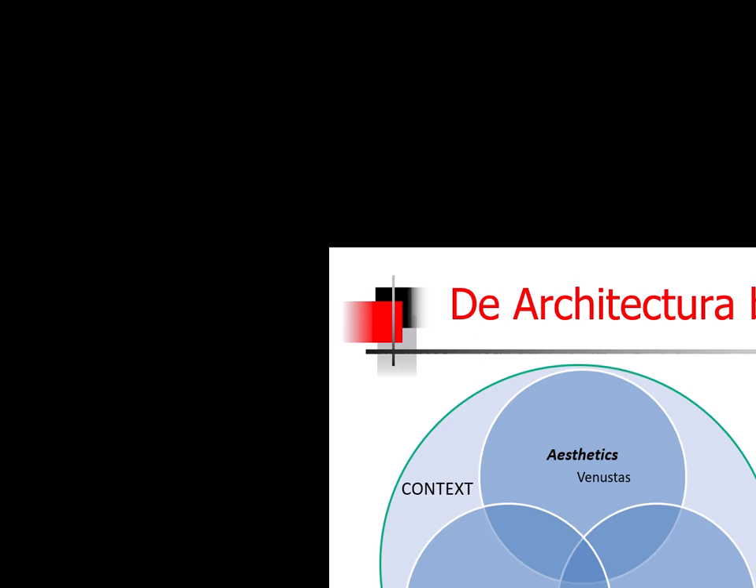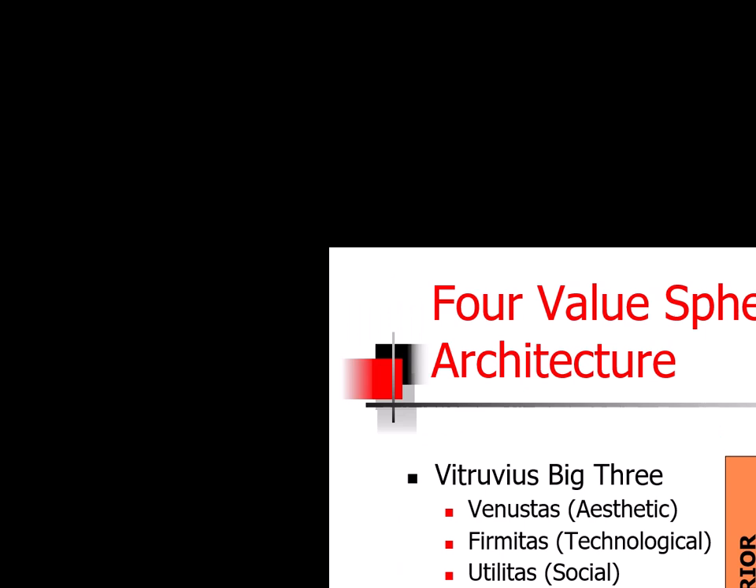He defined the three value spheres of the Roman Empire and architecture as firmitas, utilitas, and venustas: technology, utility, and aesthetic. Vitruvius named the big three as venustas, art; firmitas, technology; utilitas, usefulness or utility. I've expanded his three attributes of architecture to what I call the four quadrants of architecture after Ken Wilber's four